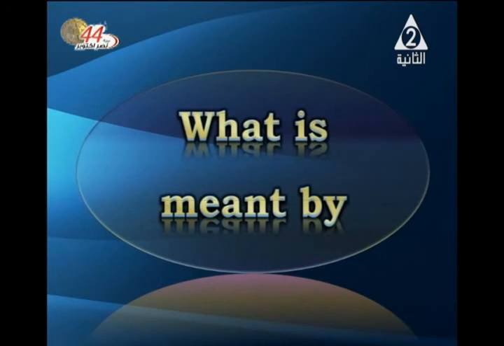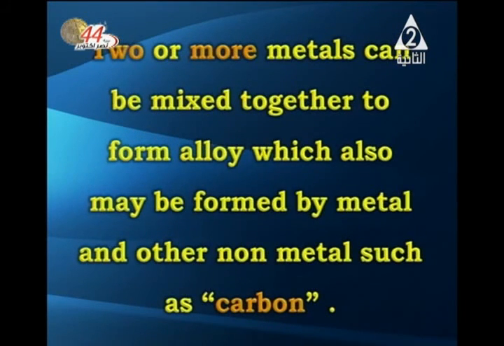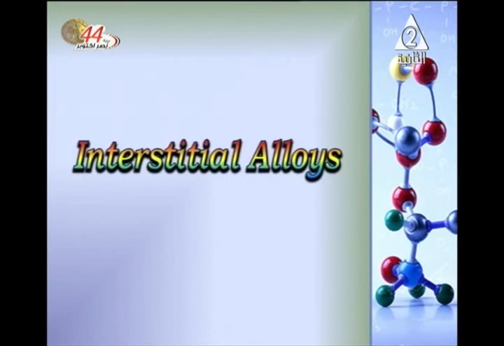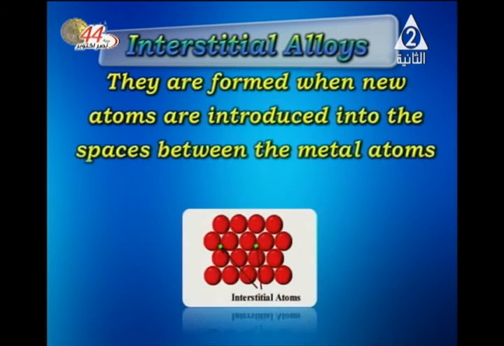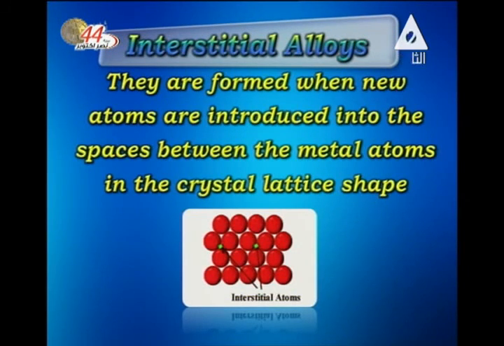Next type of question, what is meant by alloys? Two or more metals can be mixed together to form an alloy, which also may be formed by a metal and other non-metal such as carbon. Interstitial alloy. The interstitial alloy is formed when new atoms are introduced in the spaces between the metal atoms in the crystal lattice shape,